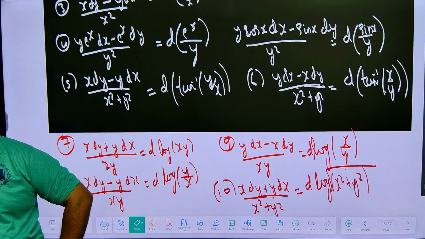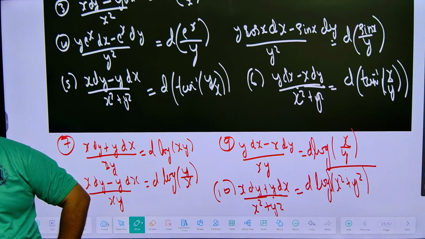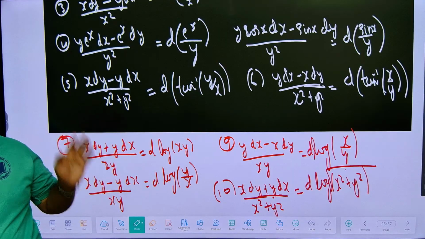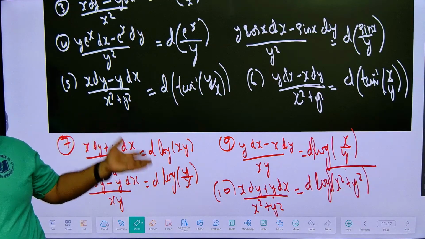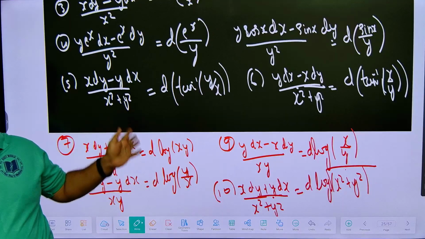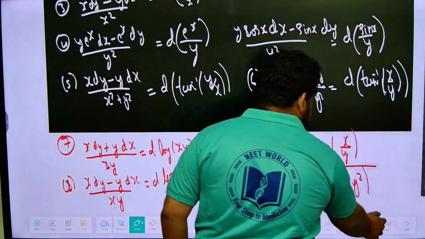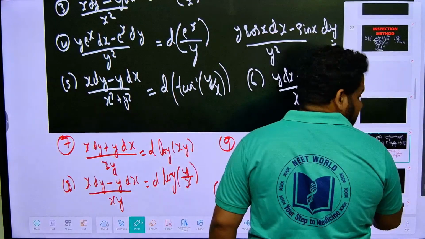Akshaya, Srinidhi, Liharika. So this chapter is simple. 2 questions will come. 1 question will be order and degree based. 1 question you have to solve. Use the inspection method, or if you are not getting it, use the normal method. That's all. Clear? Now some questions will be tricky, for that you should know the concept. Now if you go to the PYQs,